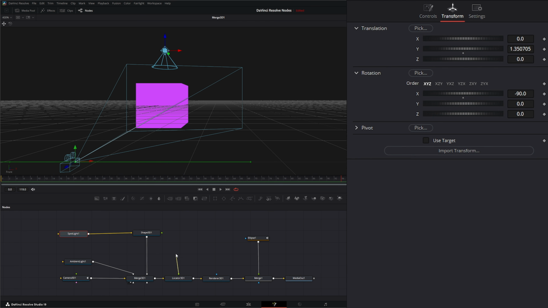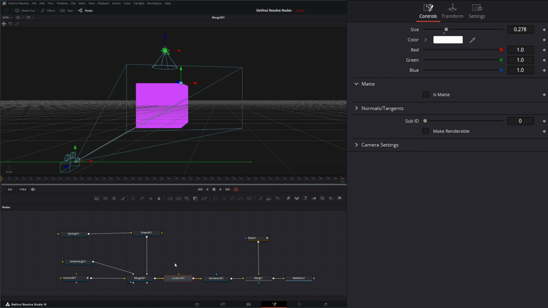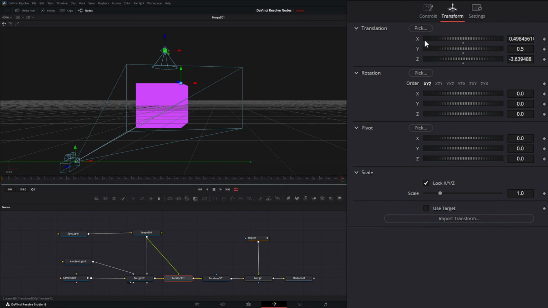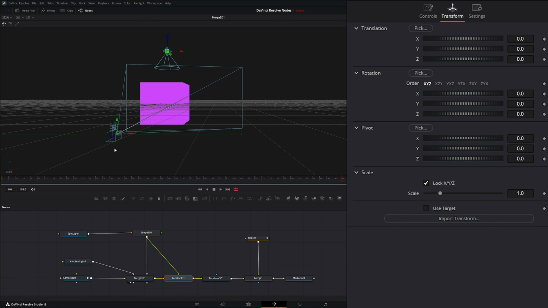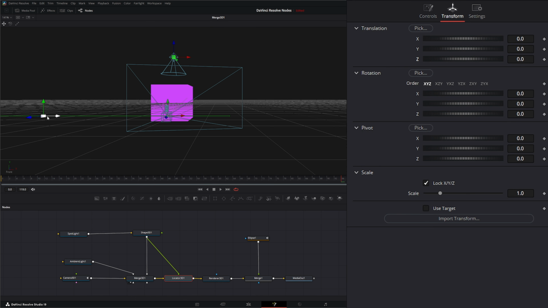And that's what this green input on the locator node is supposed to do. So if I input this shape into this, it's supposed to center our locator on our little cube here. But if I do that, one, you can see there's no change at all. And if I reset our transforms on our locator, and let's zoom out, you can see our locator's back in our world origin again. So for some reason lately, this has not been working correctly, but that's how it used to work, is you input something into this green input, which says target,